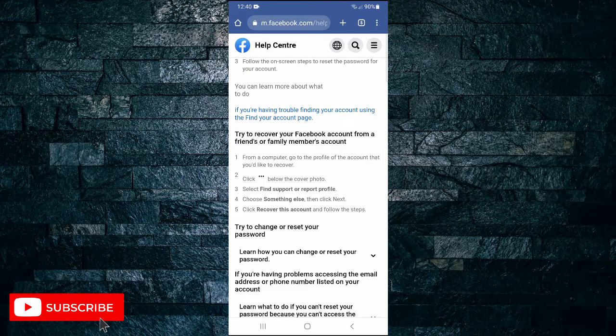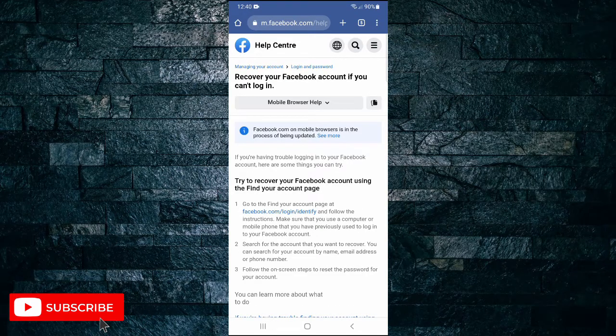So those are just a couple of options that can help you to recover your Facebook account if you can't